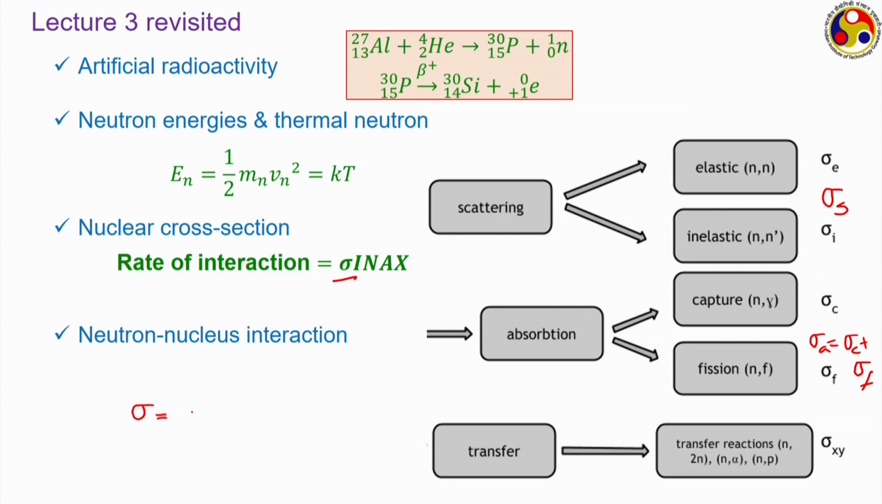So, total sigma can be a summation of sigma E plus sigma I, these 2 corresponding to the scattering part, plus capture plus fission corresponding to the absorption part, plus just the transfer part, which may be relevant in certain situations, but mostly it is negligible. So, this is the total cross section a nucleus can offer to a particular neutron of a particular energy level,